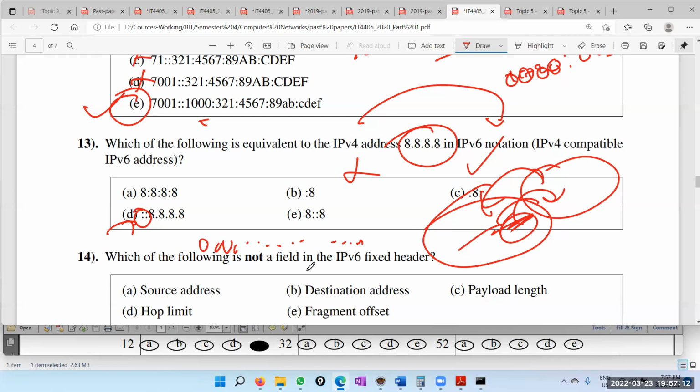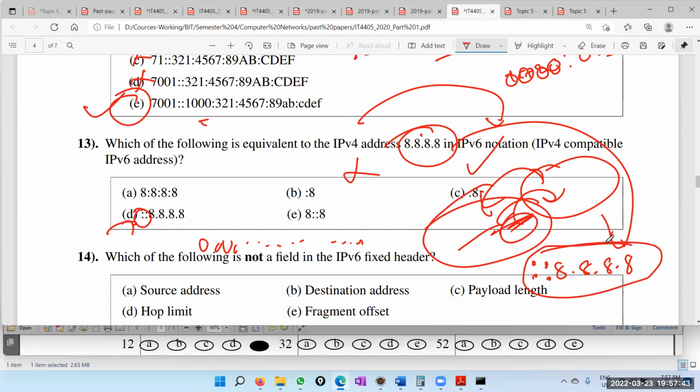But at the same time, we don't write the colon. We just write the normal dotted notation. So therefore, this will be translated to 2 colon marks, then 8, 8, 8, 8. Okay. So that is how a V4 address is converted to a V6 address. Okay. So they can ask that question again. Okay. So this is an IPv4 compatible IPv6 address. Okay. Right. So 13 answer must be